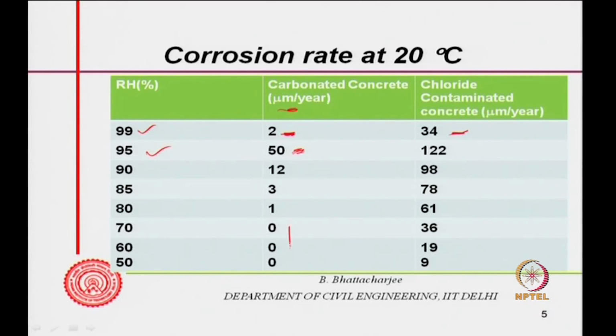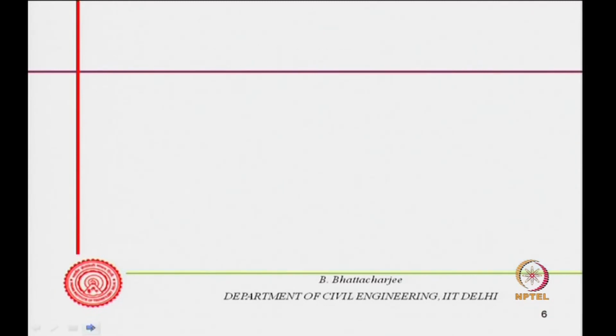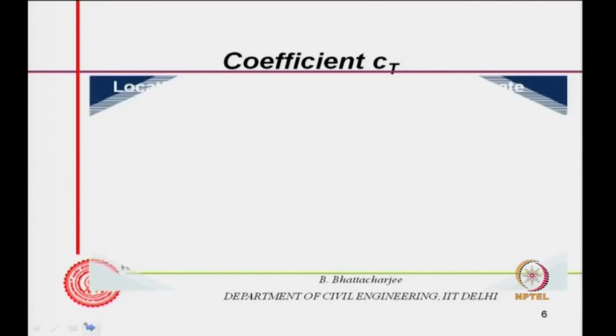Now, you see if the relative humidity becomes very low, the corrosion rate becomes small, because corrosion requires the presence of moisture as well. But in chloride concrete this continues, and the maximum is again around 95% relative humidity. At 100% relative humidity within the concrete pore, or in the condition that has been considered, it actually reduces. So, with the relative humidity, R0 values can be obtained at 20 degree centigrade, and Ct values one can obtain,